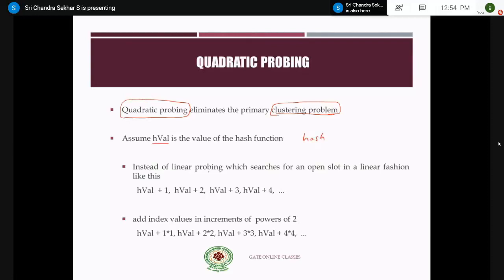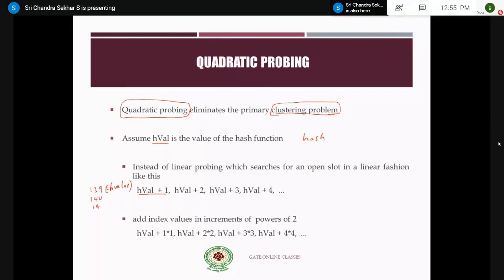So in linear probing, whenever you get a collision, you will probe in the successive locations. For example, you get 139 as the h value. According to linear probing, the next location you want to search is 140, that is h value plus 1.